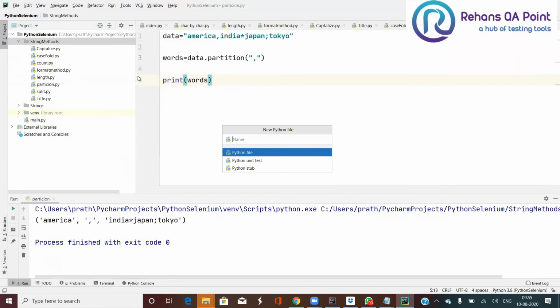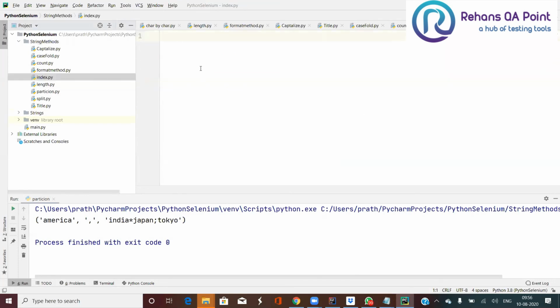let me use my Python file. So I'm going to write index data equal to transaction ID, colon, 78956. Okay, now I want to get the index position of this colon.